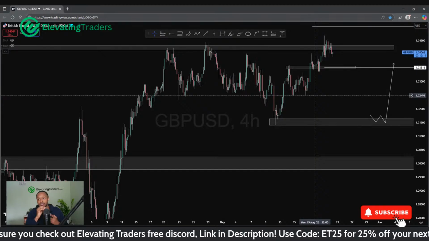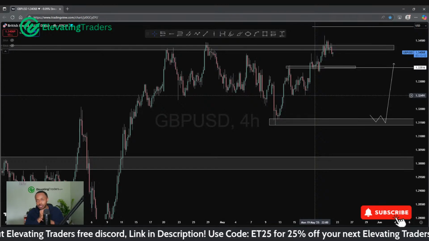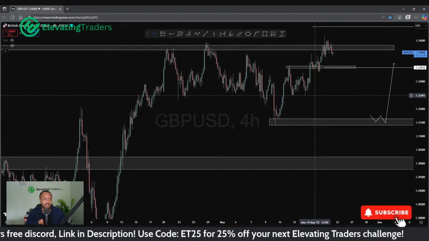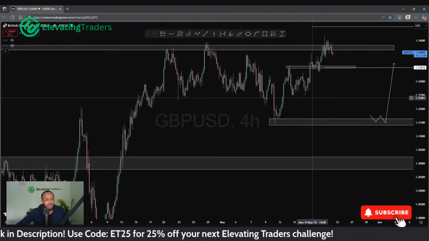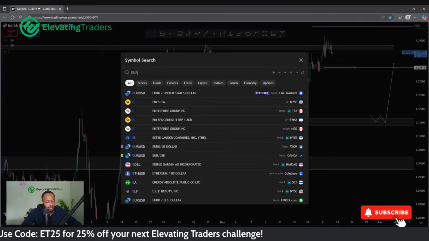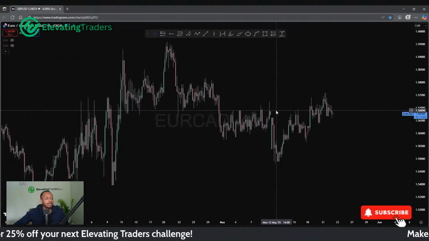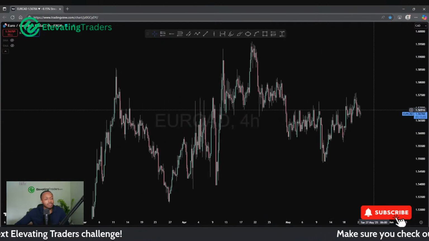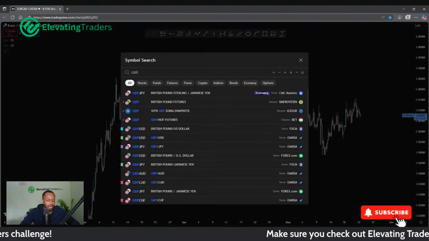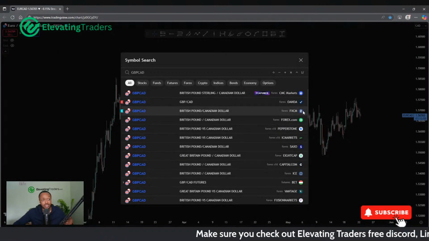If I can get buys for USD, buys for yen, buys for CHF, then everything else kind of picks itself really. But in terms of CAD pairs, a little bit mixed to be fair. Pairs like Euro CAD still do look remotely bullish to me. Pound CAD still looks remotely bullish to me as well.